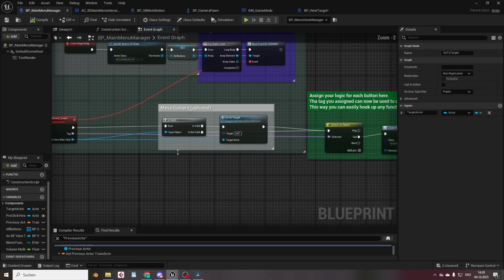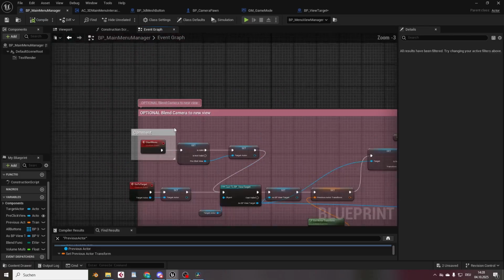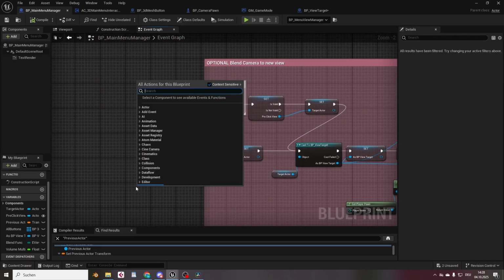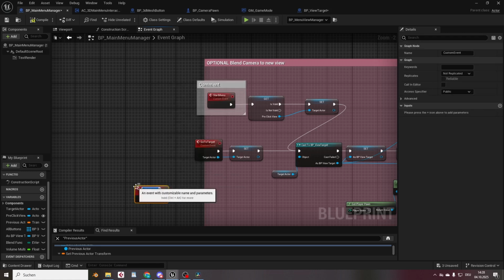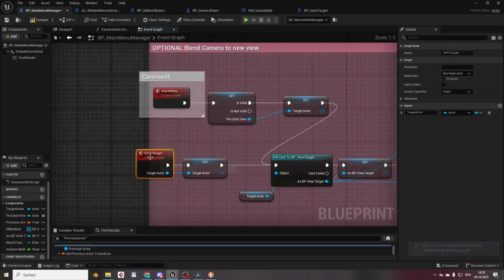Alright guys, we're getting close. Let's do the final thing, the go to target and the final camera setup here. We're gonna create 2 custom events. Custom event, one is start menu, and one is go to target. Okay, go to target. So when you set those both up, you're gonna highlight go to target, click on inputs here,